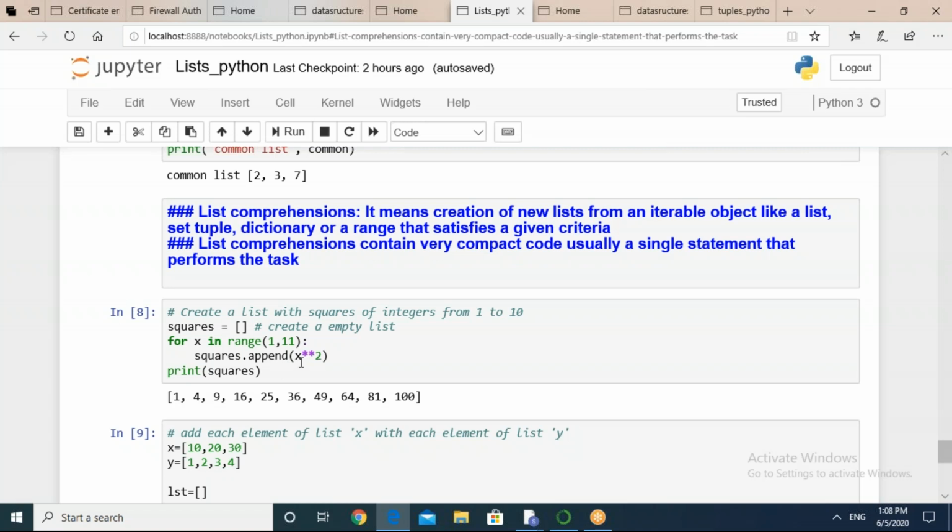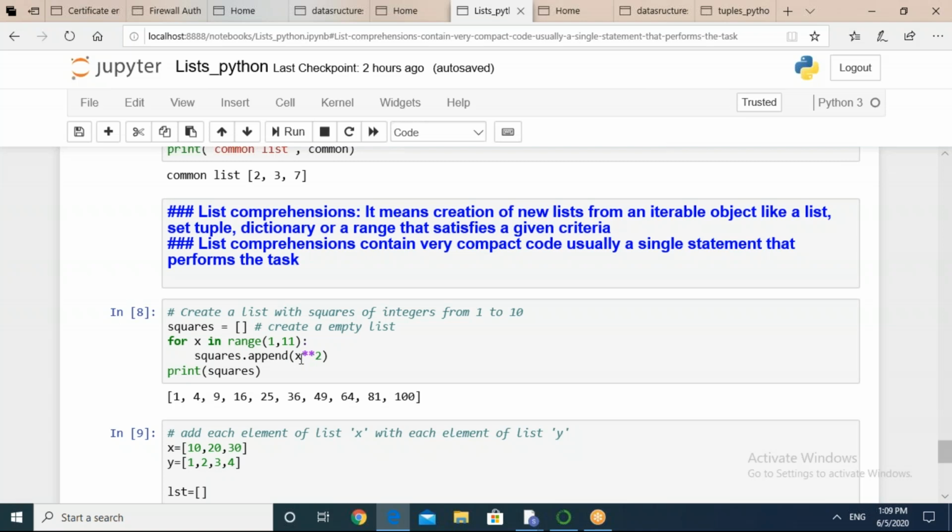And what I'm going to append, see here, it is not only that you can specify a constant value or you can specify a list while appending, but you can also perform an operation. So what I'm doing, I'm taking the elements in a range from 1 to 11 and I'm computing their square and I'm appending it to a list with the name squares.